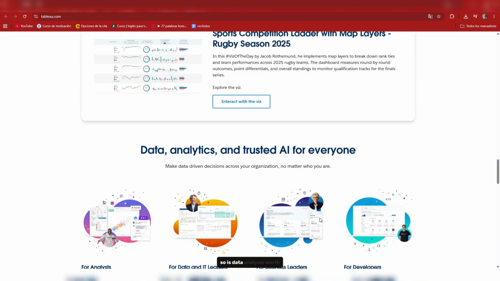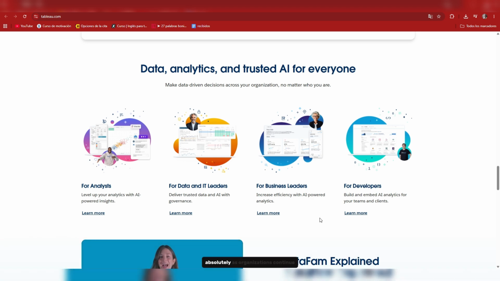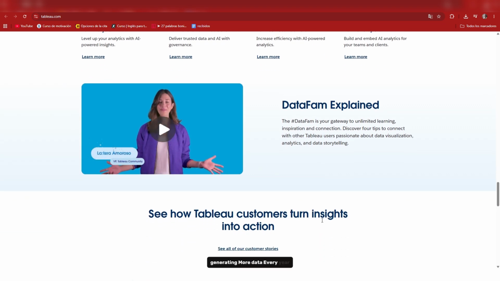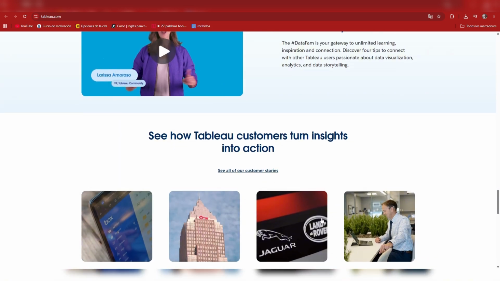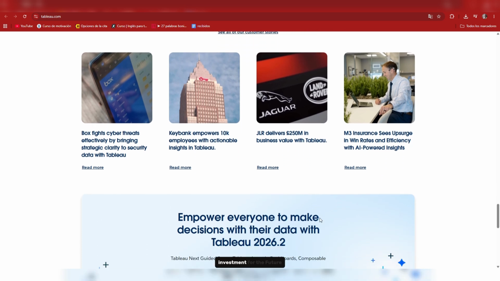So, is data analysis worth learning in 2026? Absolutely. As organizations continue generating more data every year, professionals who can analyze and explain that information remain in high demand. Whether you're starting a new career or improving your current skills, data analysis is an excellent investment for the